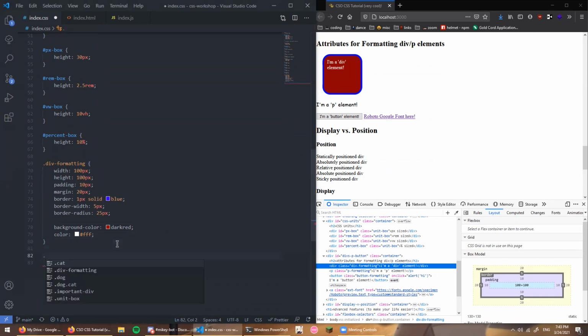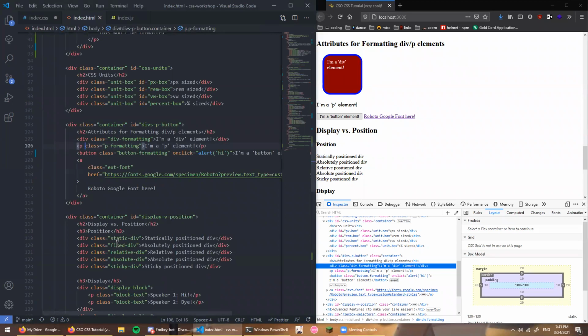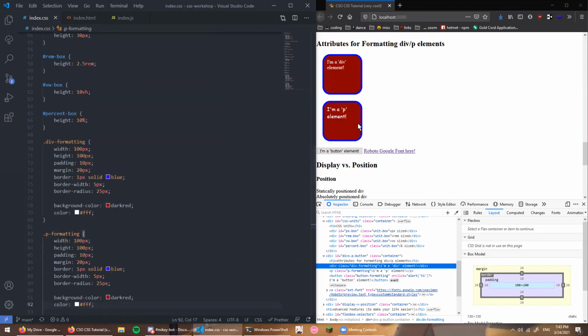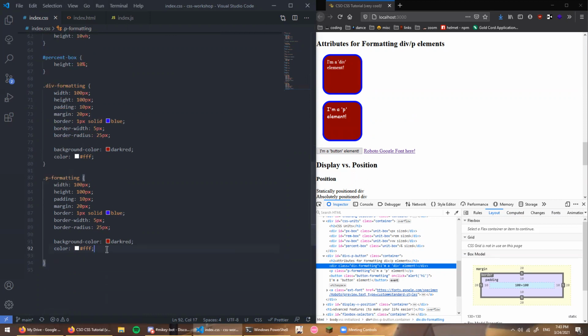All right, P elements, P formatting. So P elements are, again, the text element. So you can add all of these to a P element, and actually I'm going to just show that. If I add all of those to a P element, it looks almost exactly like the div element. Actually, no, I'm pretty sure it's the same, except for Comic Sans, obviously. But with the text,